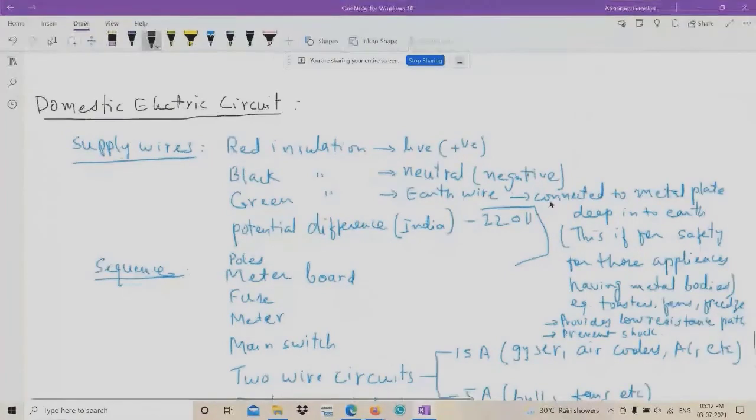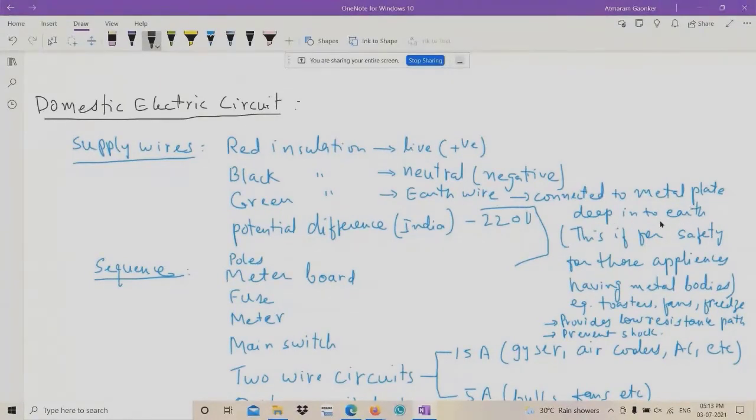This part is again very easy. You don't have to remember many things. This is all general. So how does the supply wire come? There are three types of supply wires. One is red insulated, which is called a live wire or positive wire. Another, with black insulation, is the neutral wire or negative wire. Third is a green insulation wire, that is the earth wire, and this earth wire is connected to the